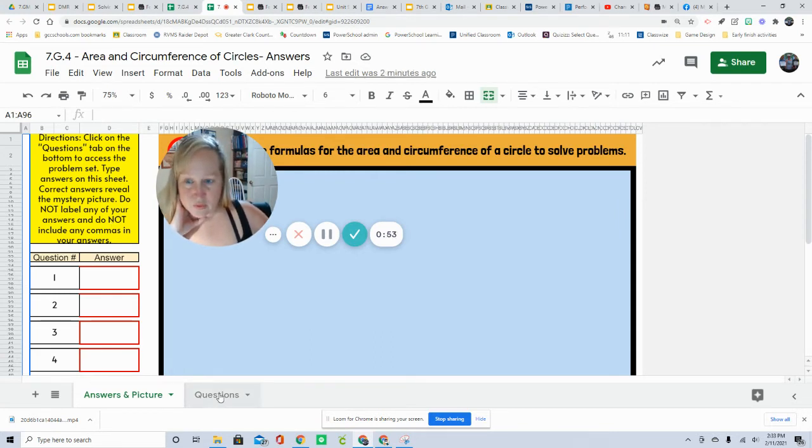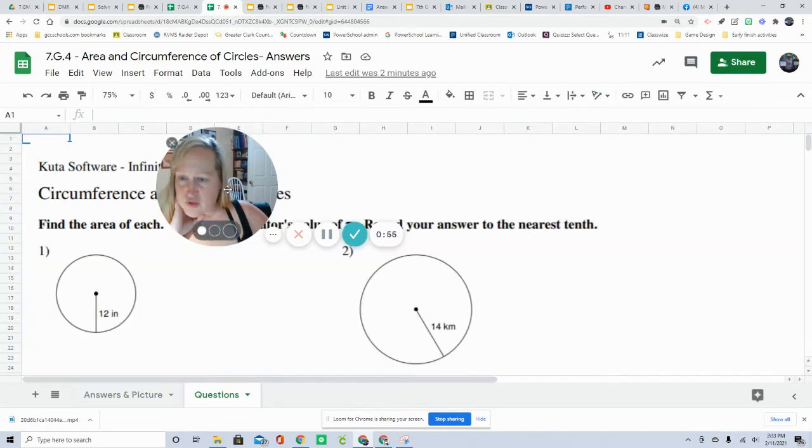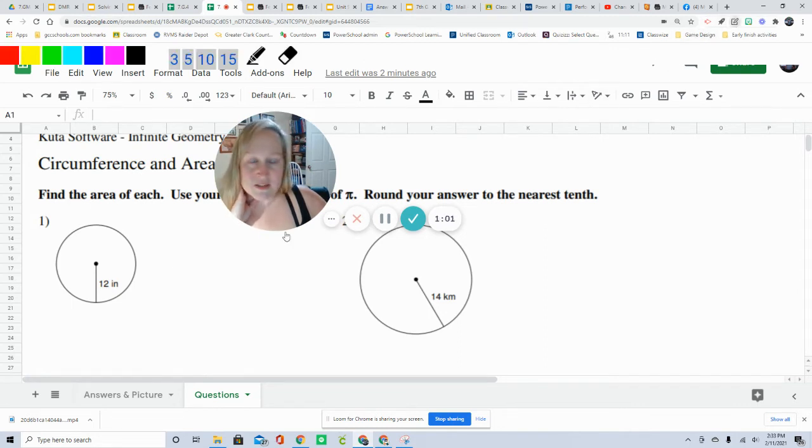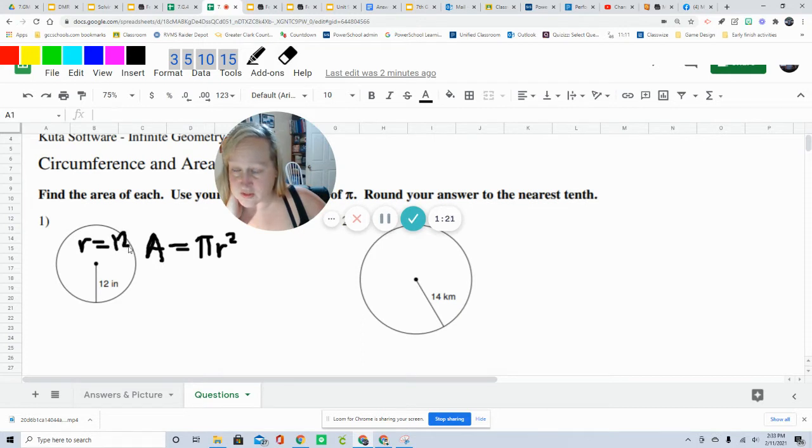If I look down here, this is where the questions are located. So let's work out this first problem. Again, what we know is if we know the formula, area equals pi r squared, then we should be able to find out the answer. So in this case, we know the actual radius, so we're just going to use substitution. I'm going to substitute the r in where I see the r. So A equals pi times